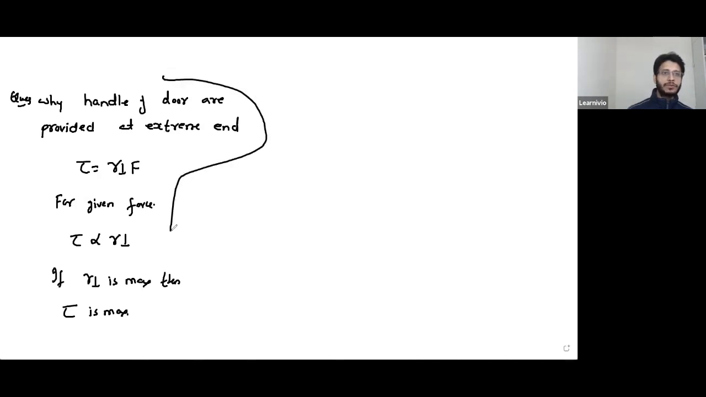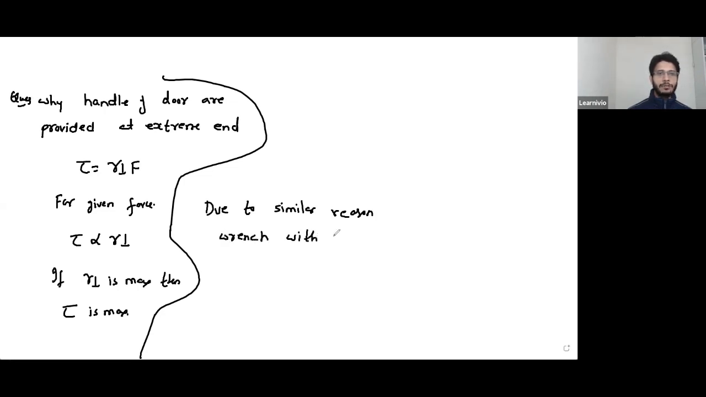Just to maximize your force, your torque, we provide handles at the extreme end of the door. Due to a similar reason, a wrench with a long arm is used. So this is a wrench which is used to open a bolt. Usually a wrench having a long arm is used so that R perpendicular is maximum